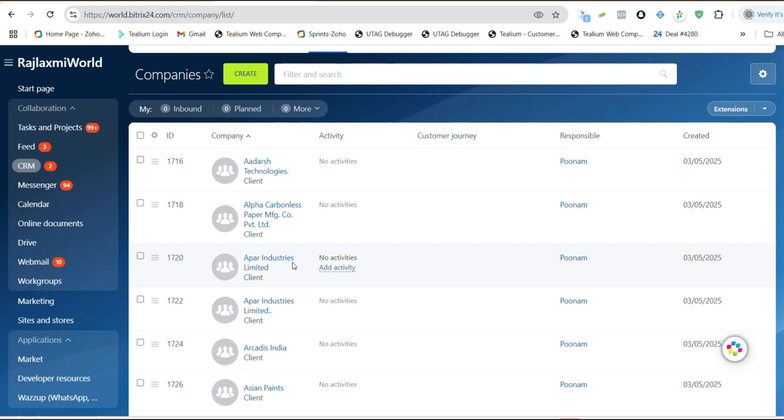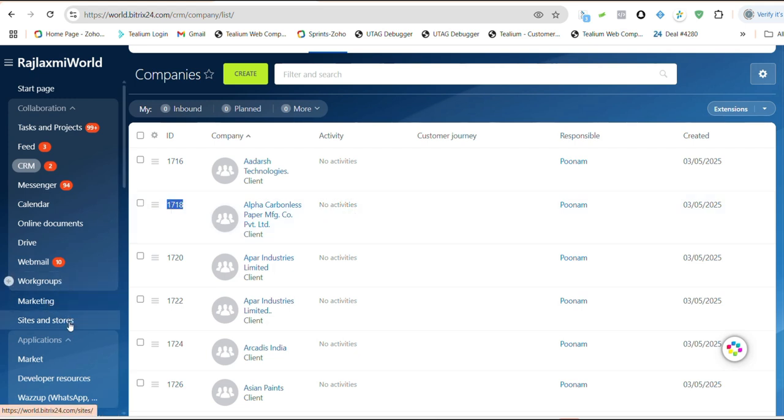If you want to transfer data into the company section, you need to identify the company fields, and only then can you transfer the data. For that, you can create one manual entry and identify the fields according to it. Once you identify the fields, the next procedure is to push the data into the company section. I have already copied this company id.